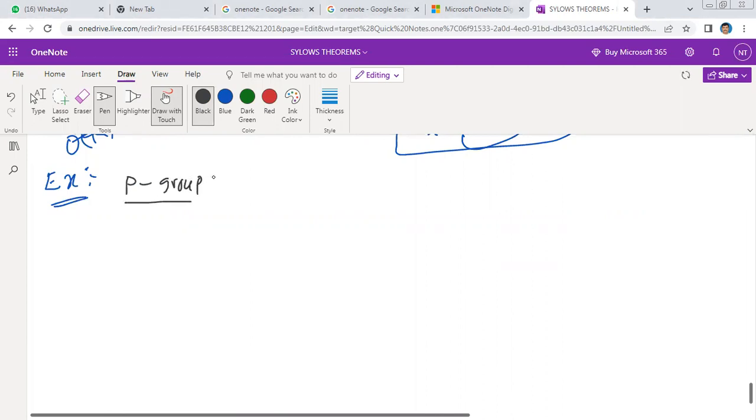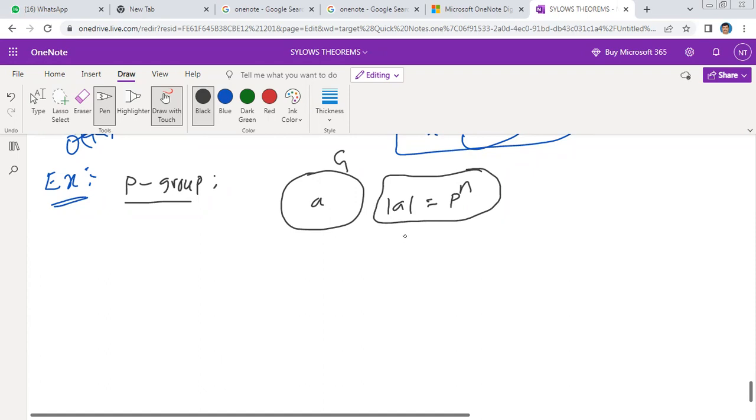P group means suppose G is a group, and a is an element of G, and the order of a is equal to a prime to the power of something. Then this group G is called a P group. Every element of a group G is said to be a P group. Every element of G has order that can be expressed as a power of a prime. Yeah, this is the first definition. Next,